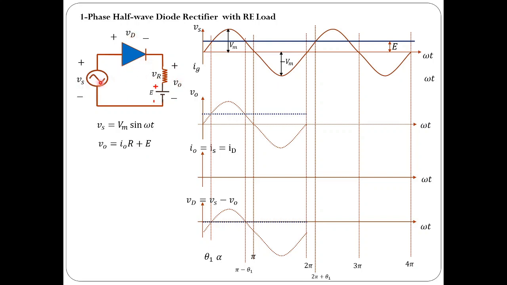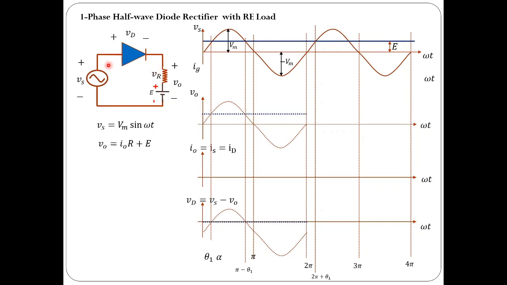As long as the diode is conducting, Vs is the same as V0. And if the diode is not conducting, what would happen? The current through the resistor becomes 0, so V0 becomes E. It is not going to be 0 if the diode is not conducting. Because of the presence of this active element, the voltage across the load is not 0. It is going to be E. So if I0 is 0, even though the current is 0, you will have some load voltage which is the same as the battery voltage. That is the difference between without battery and with battery. So please remember that.